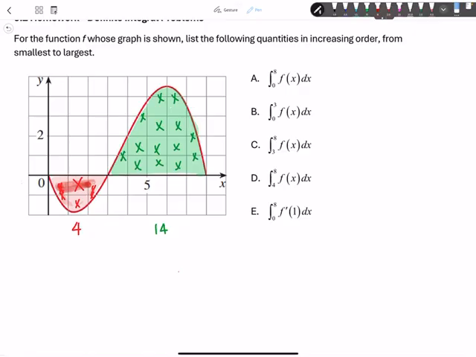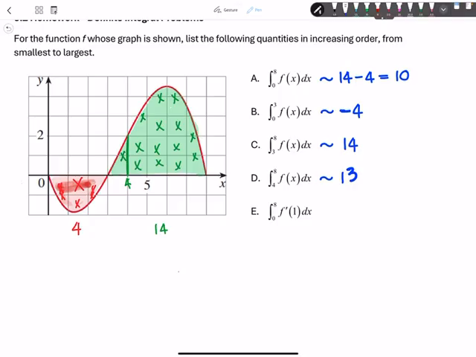So the integral from 0 to 8 of f of x dx is going to be equal to, like I said, roughly 14 minus 4. So your positive area minus negative area. The integral from 0 to 3, well, we can see that that's going to be strictly negative. The integral from 3 to 8, and again, we said that that was more or less equal to 14. All right, so what would be the integral from 4 to 8? That would be just the integral from here, from 4 to 8. So that would be 1 less than the integral from 3 to 8, right? So about